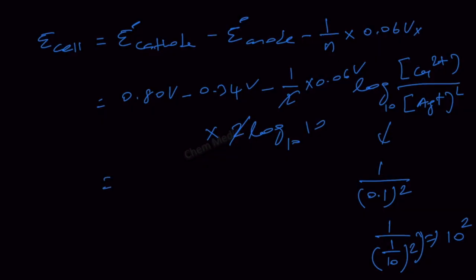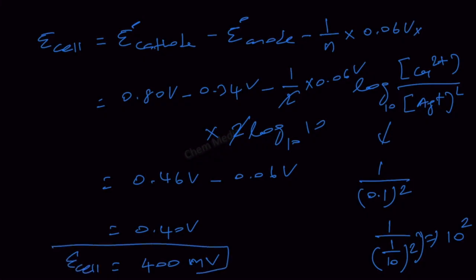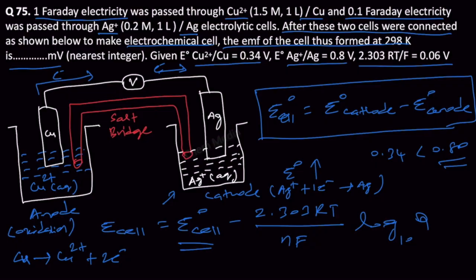Therefore this will be 0.46 volt minus 0.06 volt, which is equal to 0.40 volt. But we need the final answer in terms of millivolts, so this will be 400 millivolt. The EMF of the cell will be 400 millivolt. So therefore 400 is the